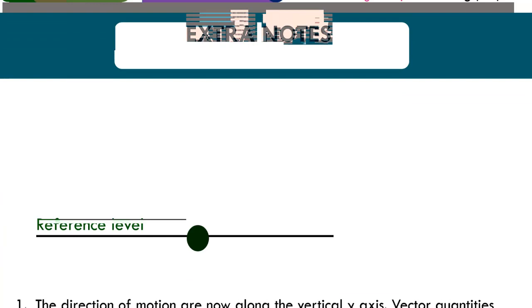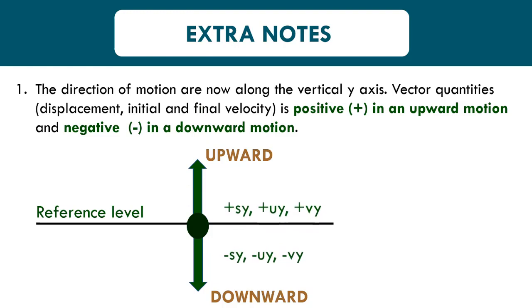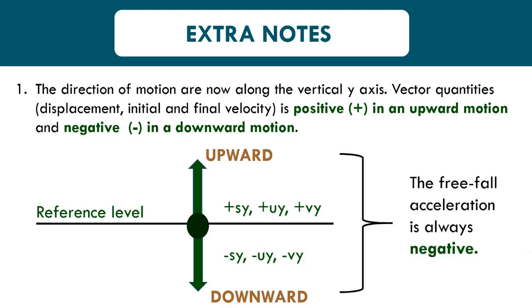Some extra notes. The direction of motion is now along the vertical y-axis. Vector quantities, displacement, initial and final velocity, are positive in an upward motion and negative in a downward motion. So, the free fall acceleration is always negative in an upward or a